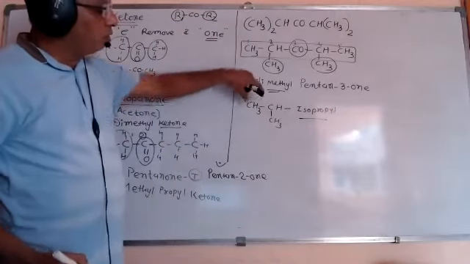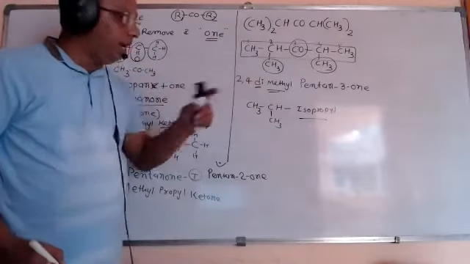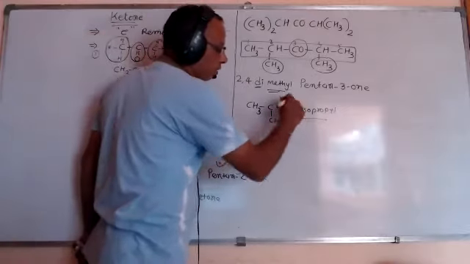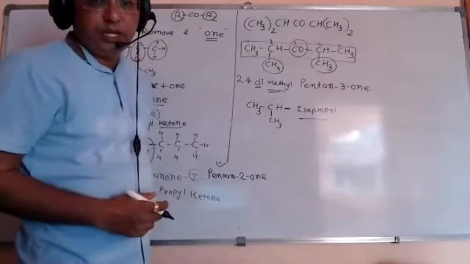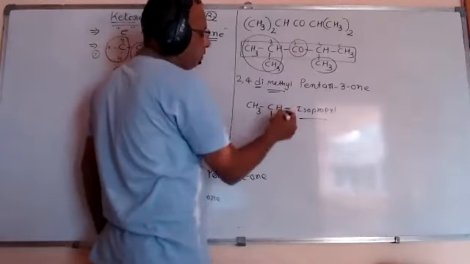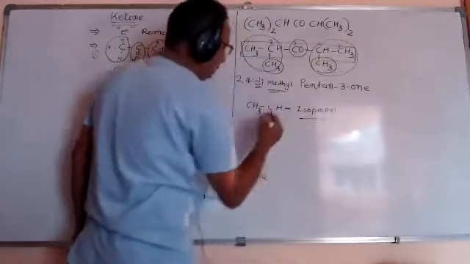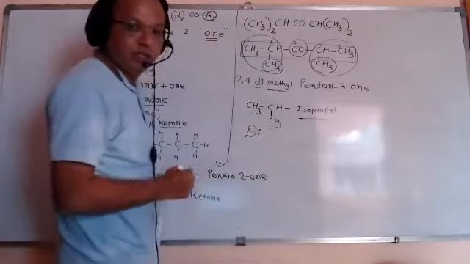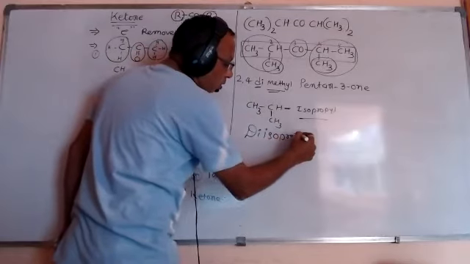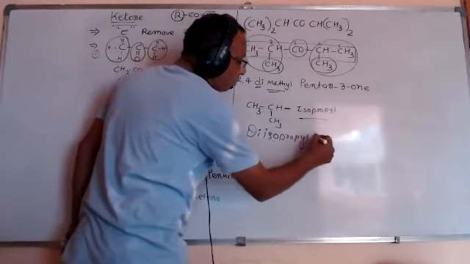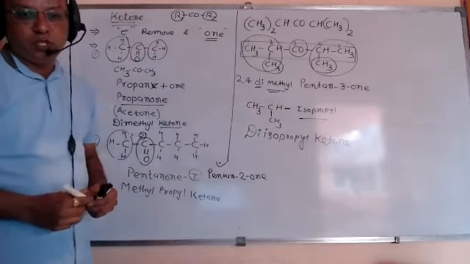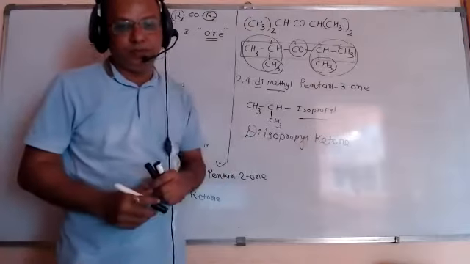Why isopropyl? Because 3 carbons are there, that's why propyl. And 3 carbons are not in a chain here. You can see this dash shows that something is to be joined here, and that's why it is called isopropyl. So for that, this is isopropyl 1 time, and friends, isopropyl 2 times, so we should write di. Then isopropyl. And friends, last for CO, the word ketone is to be mentioned. So this is diisopropyl ketone.